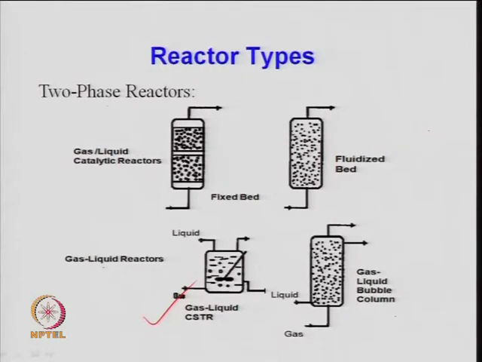These are again CSTR tank type reactors, where when mixing is the problem or mass transfer is an issue, we prefer gas liquid reactors in the form of a CSTR. So, you have a well agitated tank reactor here. It can be a slurry bubble column reactor also, and then it becomes a three phase system. Right now these are the simple gas liquid reactions where you have gas and liquid. So, these can be non catalytic types of reactors also.